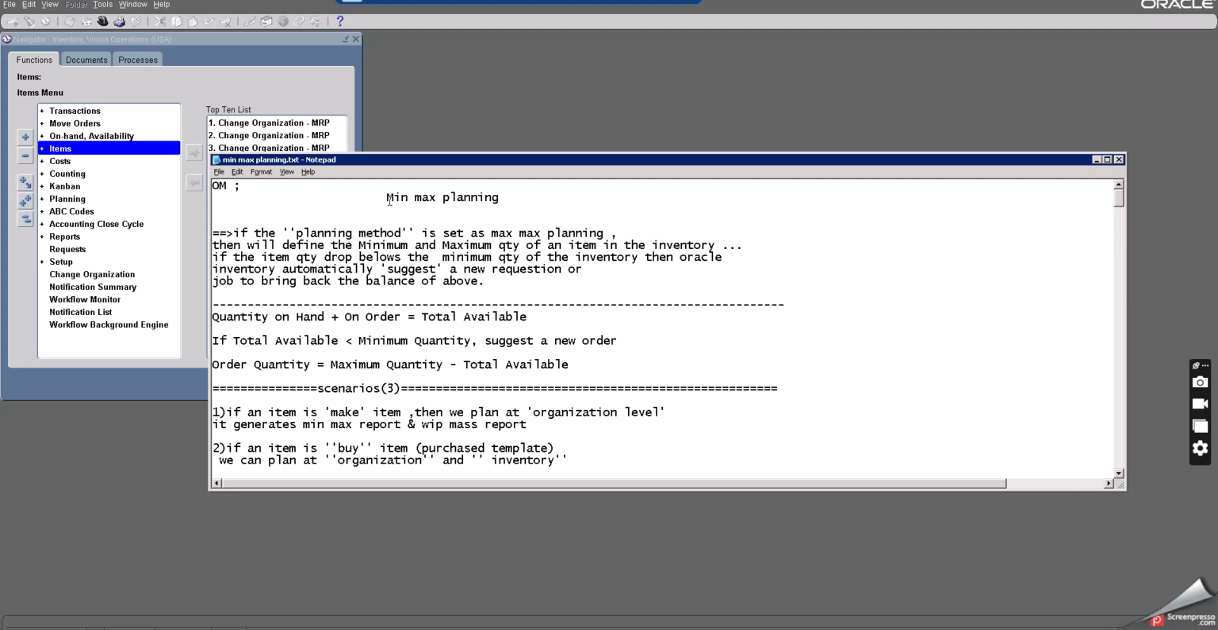Today we'll discuss the min-max planning method. The planning method is set as min-max planning. Then we need to define the minimum and maximum quantity of an item in the inventory level. If the item quantity drops below the minimum level of the inventory, then Oracle automatically generates a suggestion for